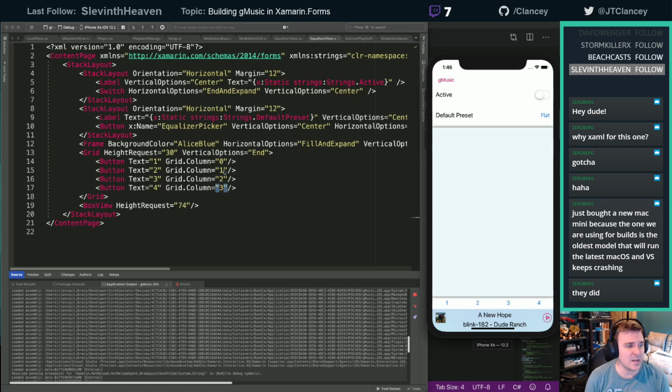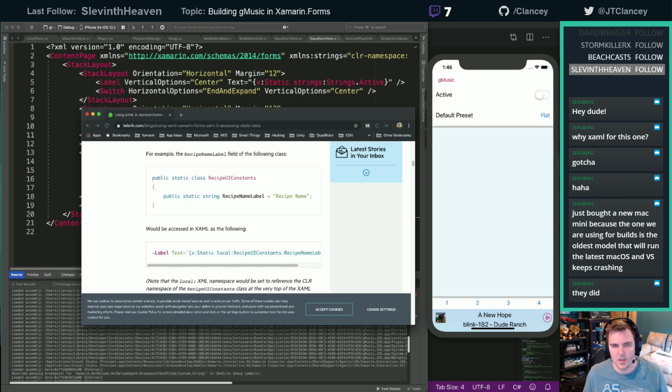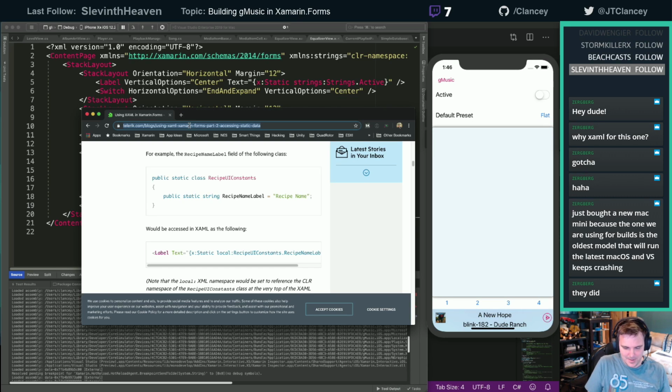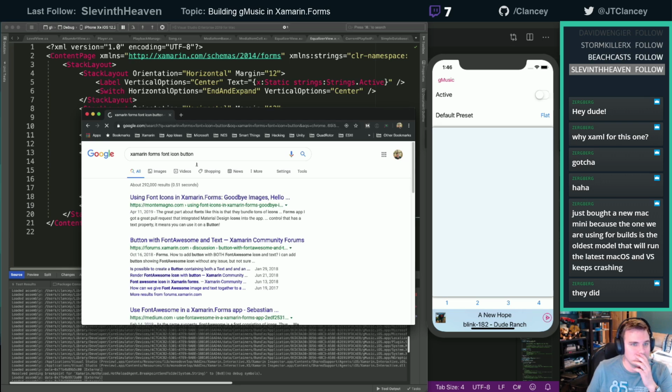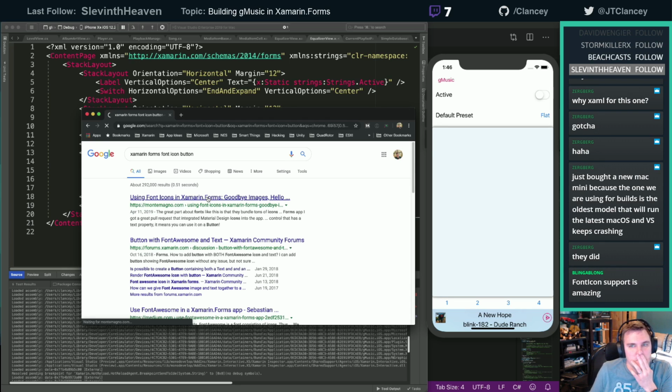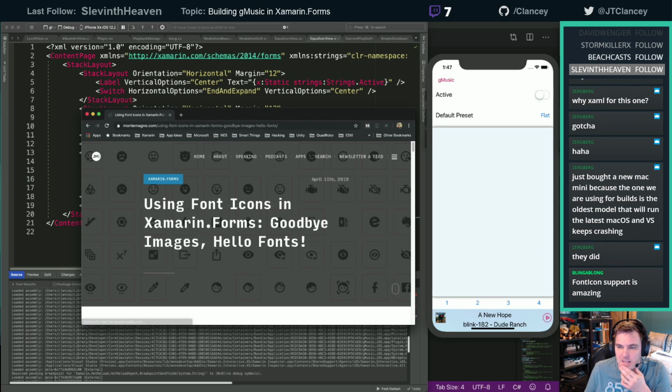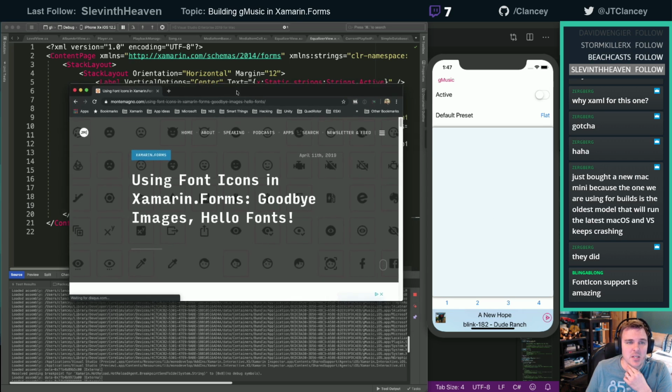We need to get those icons in there. And those icons are from the font stuff. And I don't remember how to do that. Xamarin.Forms font icon button. Yes, font icon support is really, really nice.